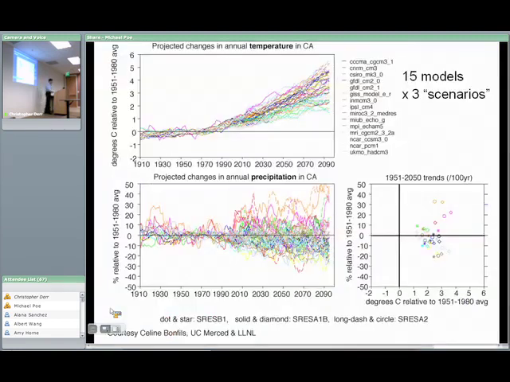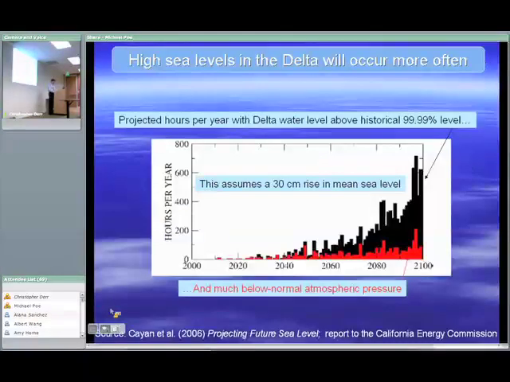And the reason for the big bowl of spaghetti is that some models put that border towards the bottom of California, and some put it towards the top. So it really depends on where that line of zero change happens to fall in California, and that's very hard to predict. So I'm actually, honestly, not optimistic about reducing this uncertainty. I think it's very tough. I used to be optimistic, but then I learned something.